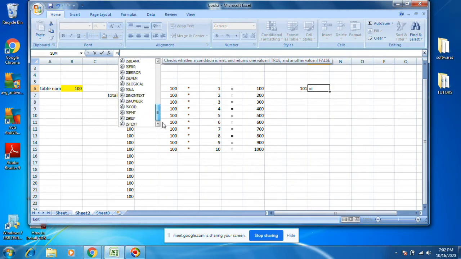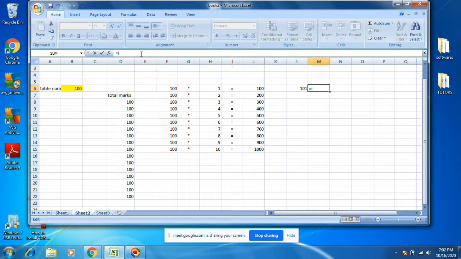So many functions are available. If you want to learn all these Excel functions, it will take 2-3 years. Even that also I don't give guarantee to learn all these functions. Whatever the functions that we require, like IF, whatever it may be, I will explain in these classes. HLOOKUP, we'll do it in the next session.